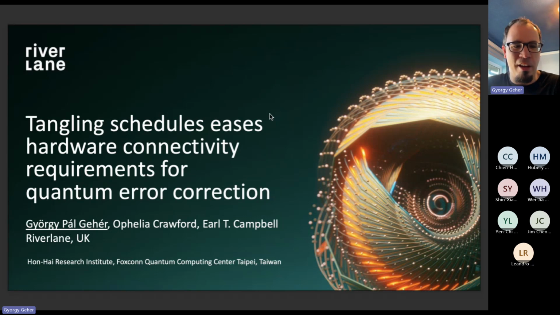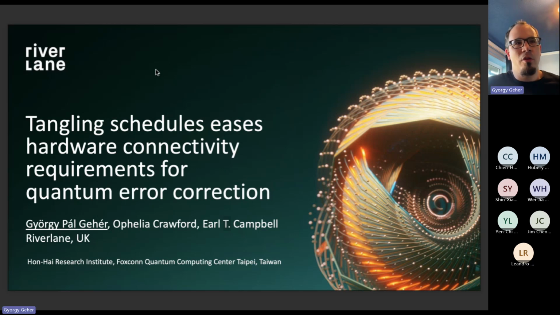So today I will talk about this paper, which is joint work with Ophelia Crawford and Earl Campbell, both at Riverlane. The motivation of this work was that for the Pauli-based computational model, when we would like to execute fault-tolerant quantum computation with it, we need to measure